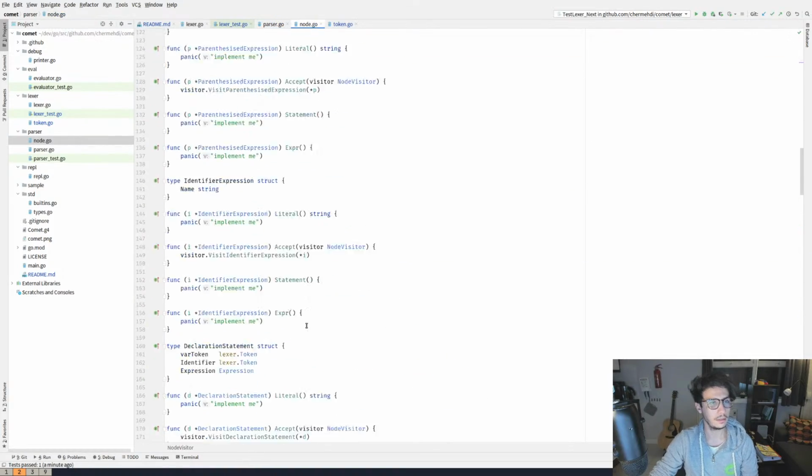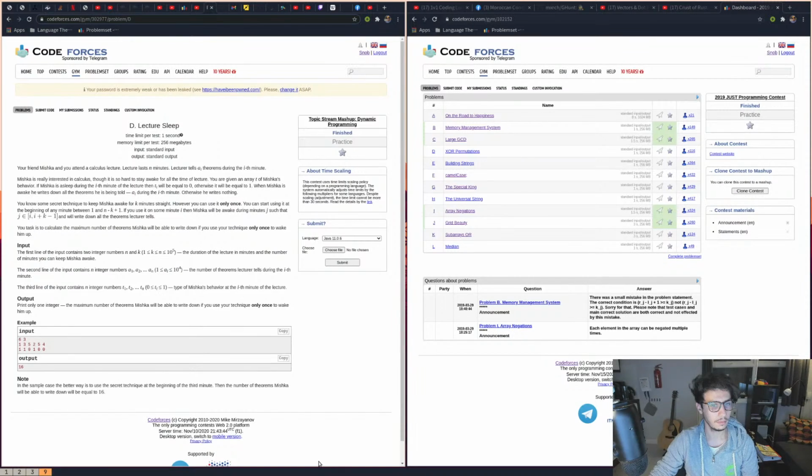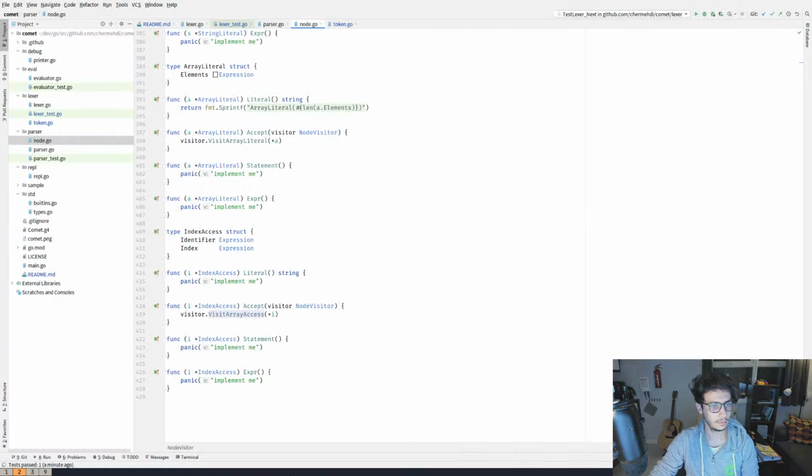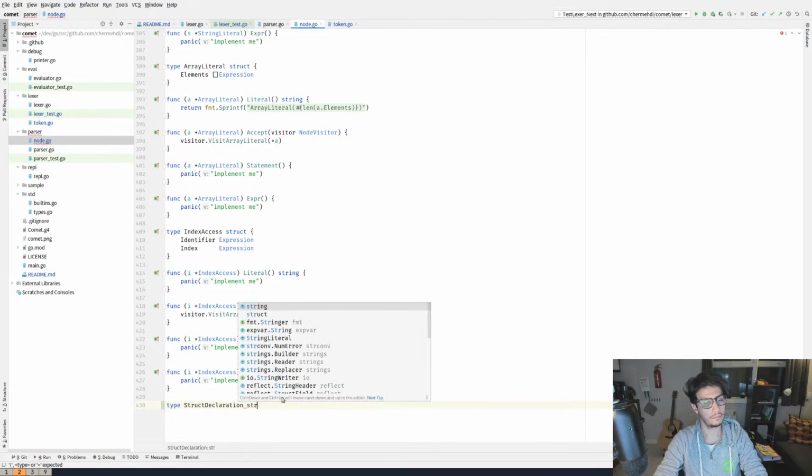At least I'll start with the node. Oh, sorry for that. So let's add another type, which is struct declaration, which is a struct as well.